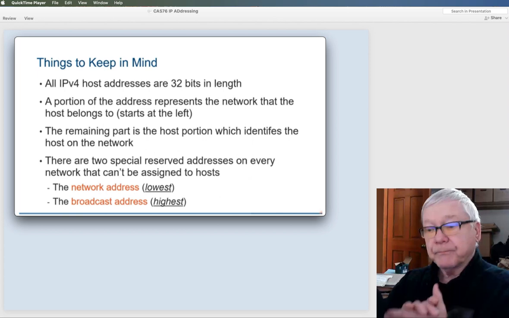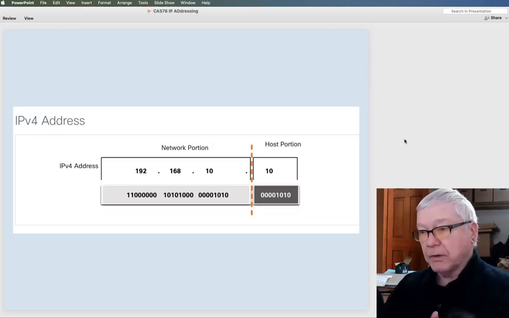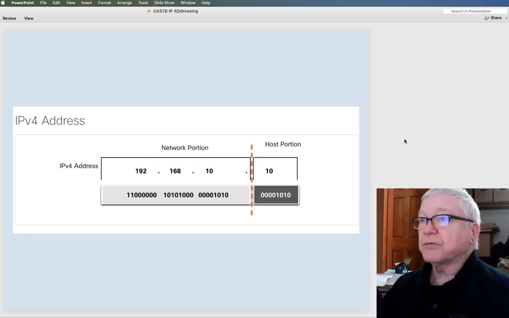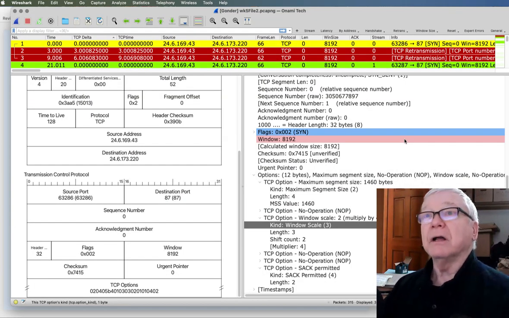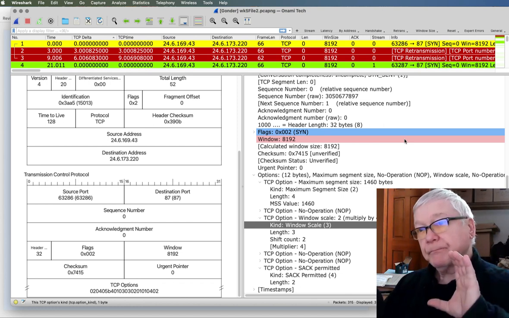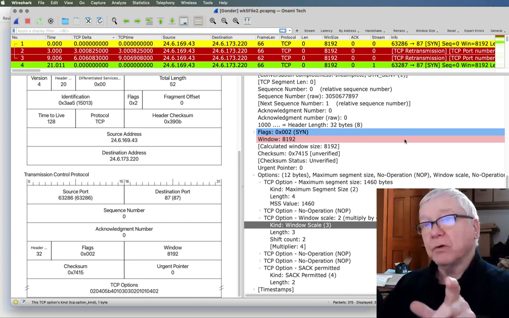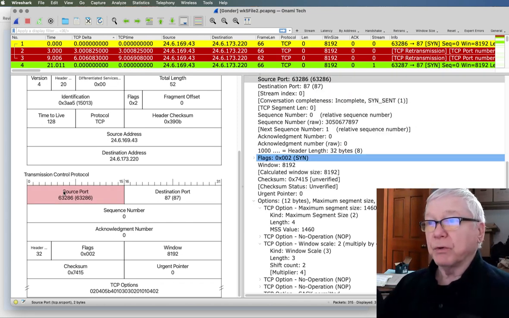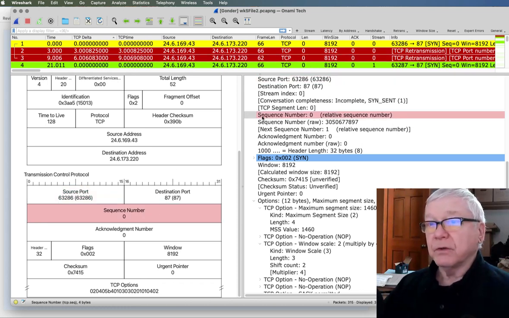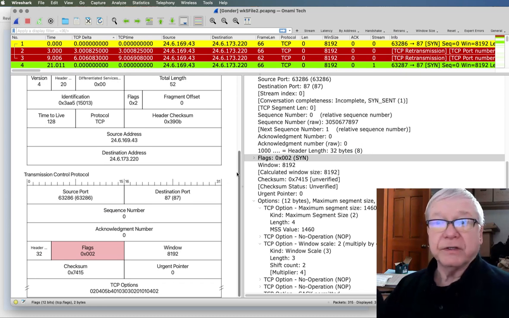And also keeps track of how long they can have that IP address for. Do they need to renew that? Things going on with IP addressing that we see when we take a look at the conversation with Wireshark, which interprets the bit stream for us and interprets it in the way that is needed for the field value at that particular offset. Is it a source port in terms of a number? Is it a sequence number in terms of a number? Is it a flag in terms of a yes or a no?